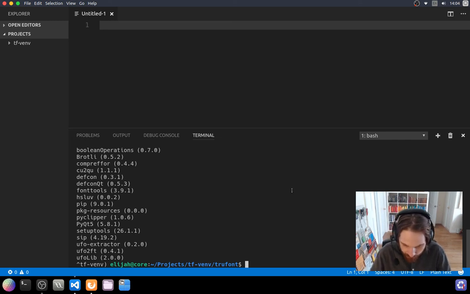Let's see. So now, let's see. I guess now the best thing to do, so we've got all our dependencies, we could probably install TruFont. So we would do pip